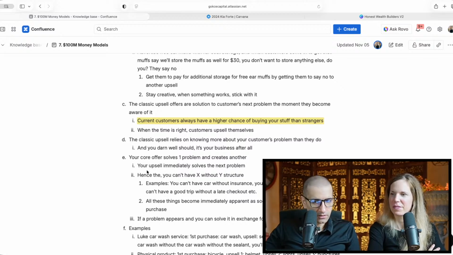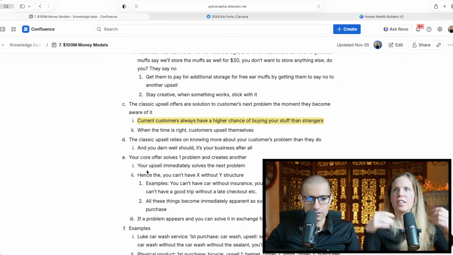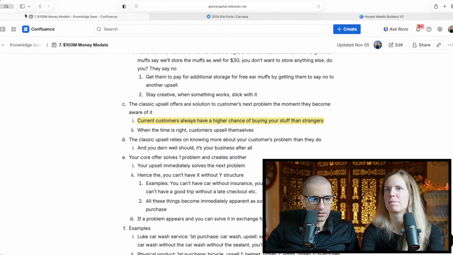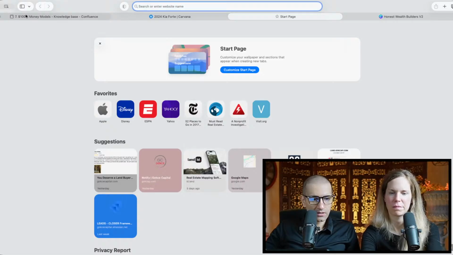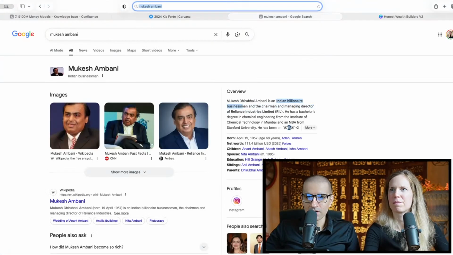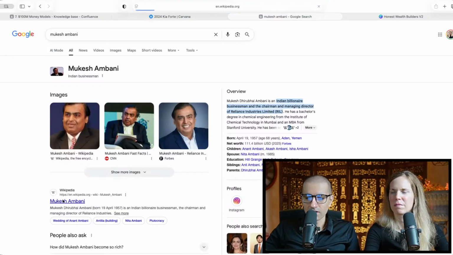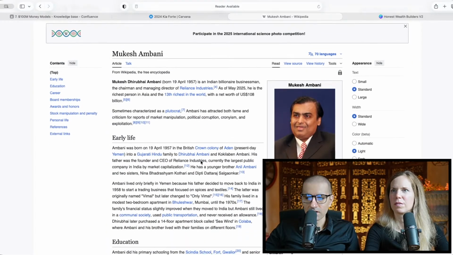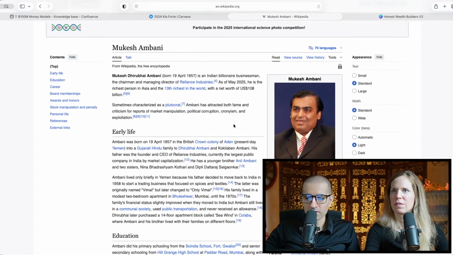Absolutely. So Mukesh Ambani is one of the richest people in India. He's the chairman and largest shareholder of Reliance Industries, which is this massive conglomerate. Now, his father, Dhirubhai Ambani, was the one who originally founded Reliance back in the 1960s. And Dhirubhai started off as a textile and polyester business. He was really well known for his entrepreneurial spirit and for basically building Reliance from the ground up.